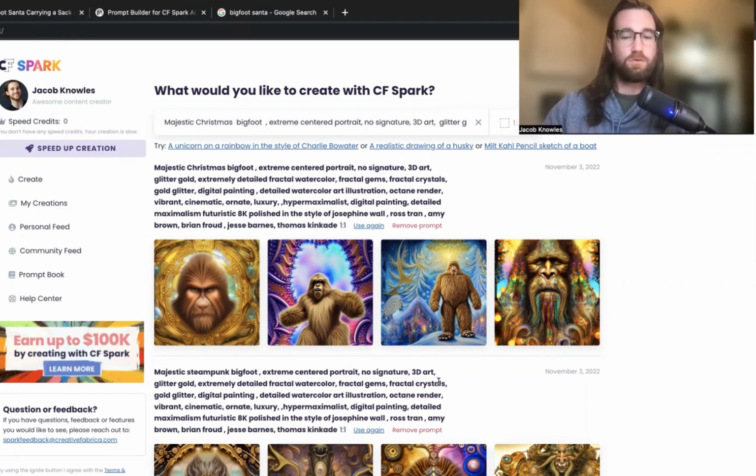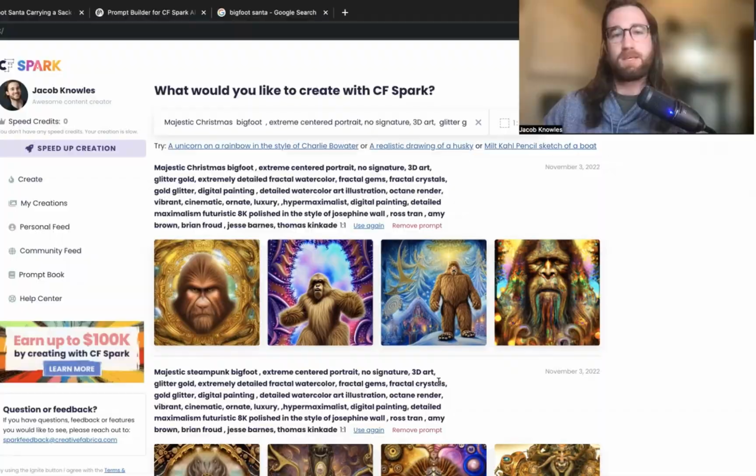Come over to these tools and see if you can create 100% unique designs with Midjourney or with CF Spark, and use those to see if you can add some value to the marketplace, add completely unique products and designs to the marketplace. And don't forget to go to Canva or Photopea and alter your images, add some text, add some sort of creative variation to make sure that you're showing people that you had intention with your artwork,